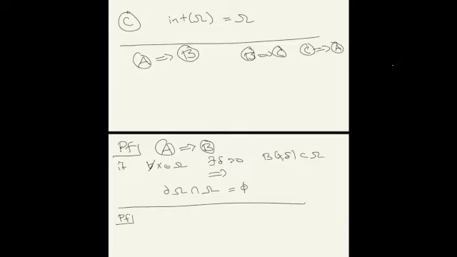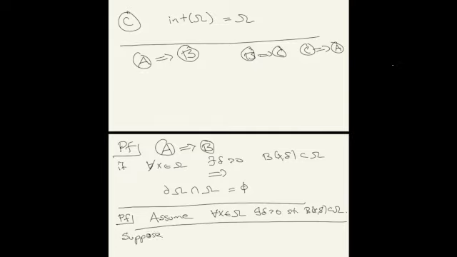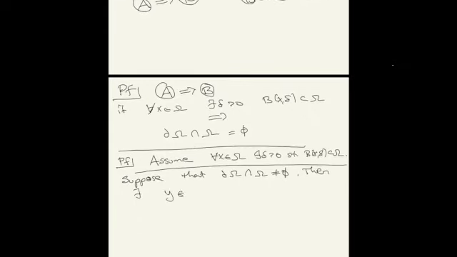So let's prove this. Let's assume that for every x in omega, there exists a delta positive such that the ball of radius delta is completely contained in omega. And suppose, now there are different ways one could go about it, either contrapositive, but let's argue by contradiction. Suppose that the conclusion was false, that the boundary of omega intersected with omega would be not empty. Well, then there would exist some point inside it